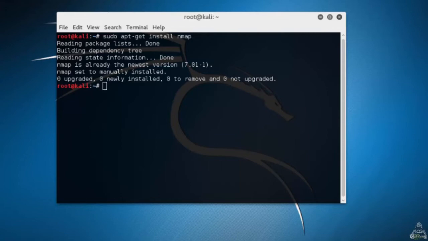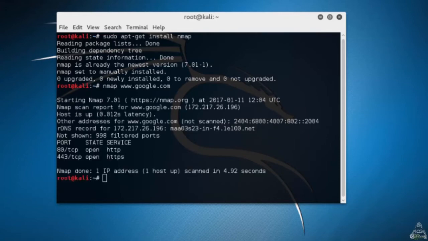As NMAP is installed, I would like to begin by port scanning of google.com. So for that, I will type nmap space www.google.com. It is showing Starting Nmap 7.01. Nmap scan report for google.com, and it has given its IP address, that is 172.217.26.196 of a web server. And the host is up,